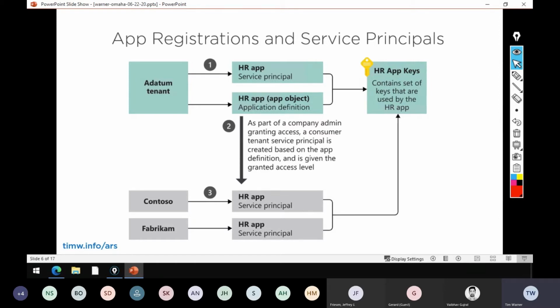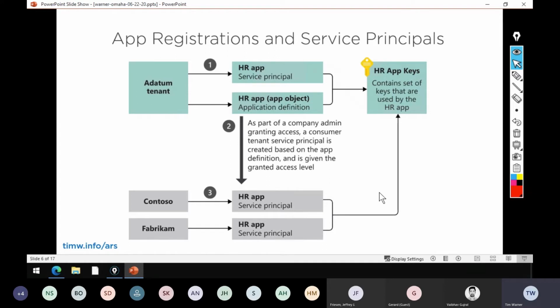And what we'll see is as you expand the scope of that application such that other companies can federate with it, they'll also have an entry for your application in their Azure AD tenant, but only in the Enterprise Applications blade, and that will be their copy of the service principal.